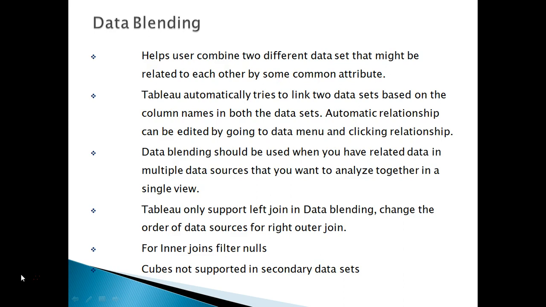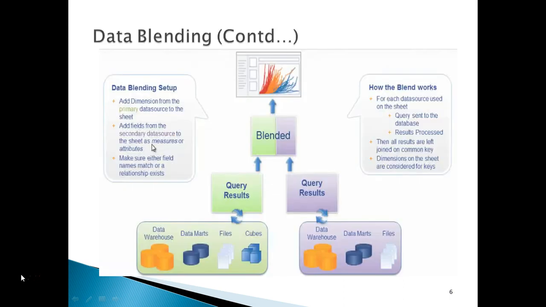Data blending should be used when you have related data in multiple data sources that you want to analyze together in a single view. Tableau only supports left join in data blending. You cannot change the join order when you are using data blending. Cubes are not supported as secondary data sources when you use these types of multiple data sources.